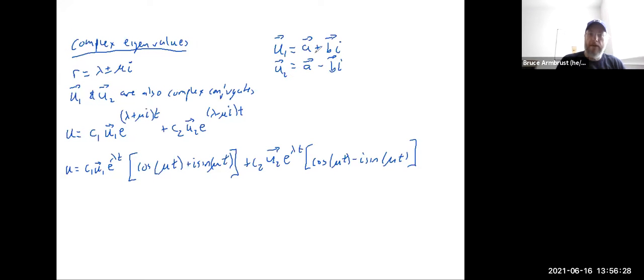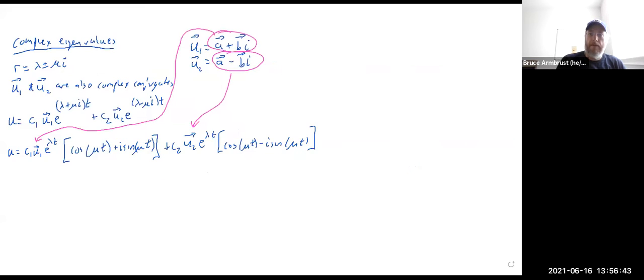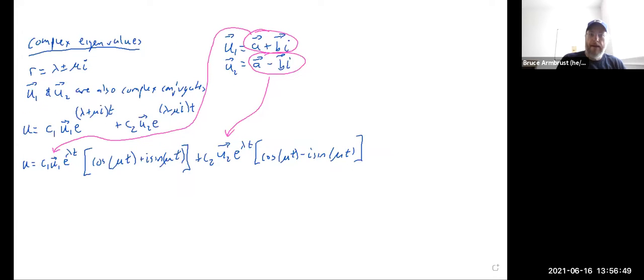So let's put these in down here to their respective spots. If we do that, and then do a little bit of distribution, some algebra, all that good stuff, what this is going to turn into is going to look like